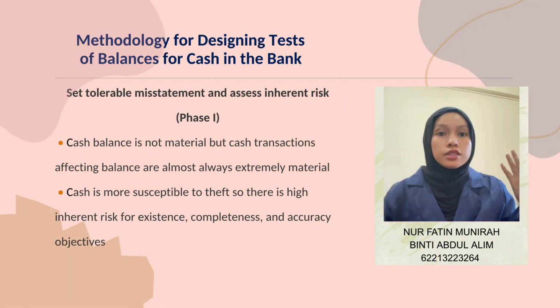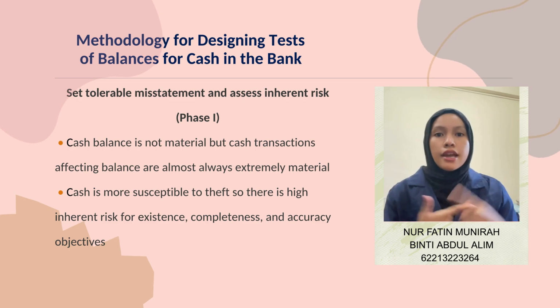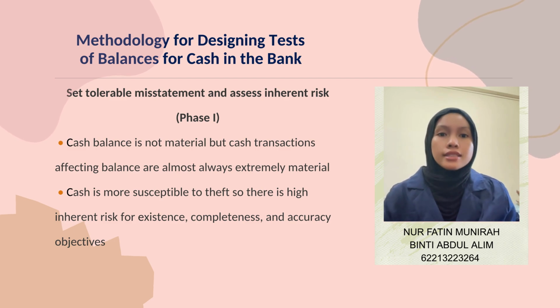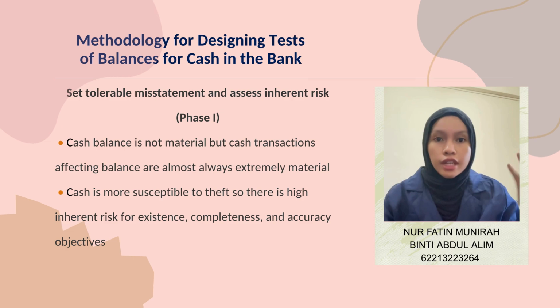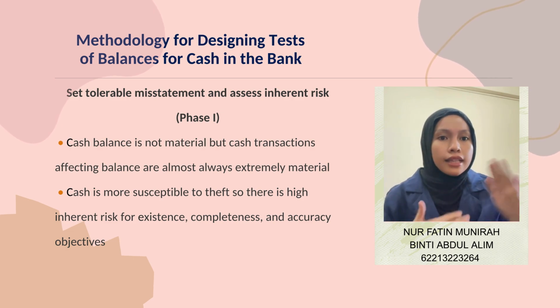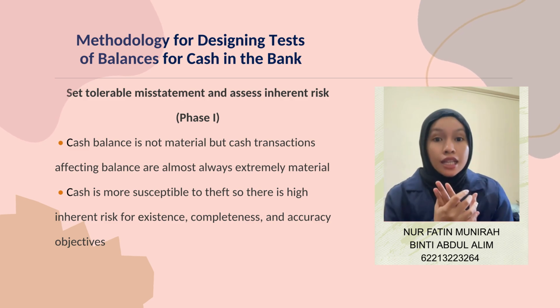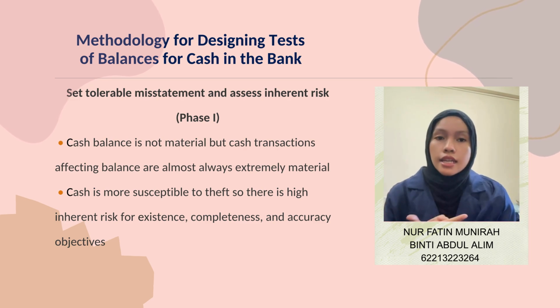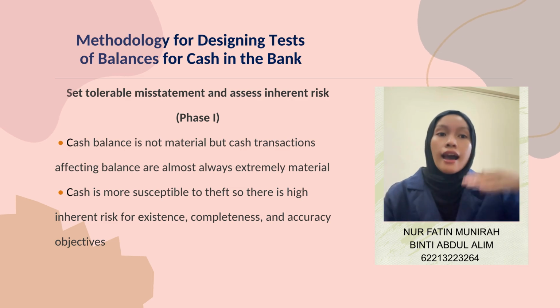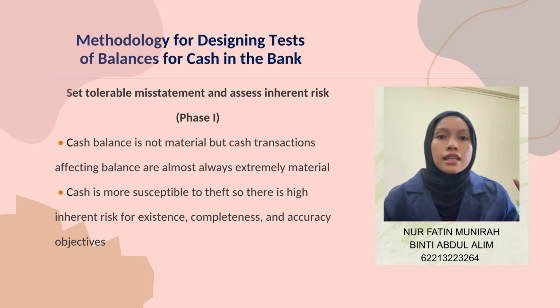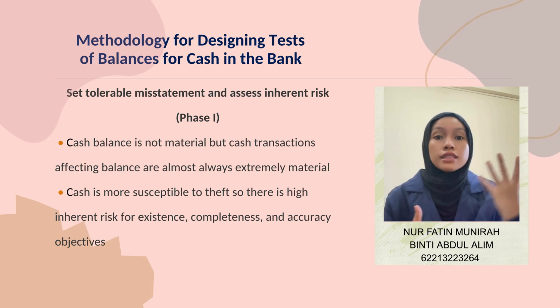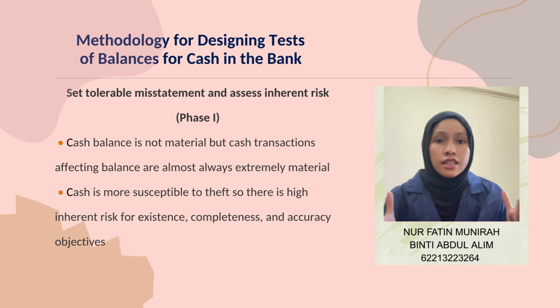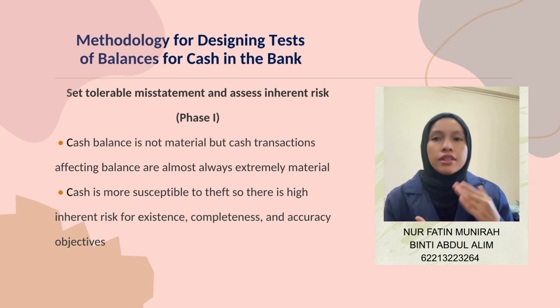So next, we need to set the tolerable misstatement and assess inherent risk for the cash account. Tolerable misstatement is the maximum error we are willing to accept in the account without requiring a financial statement adjustment. Although the ending balance of cash may not seem large in some companies, the volume of transactions affecting cash, such as receipts, payments and transfers, is usually high, which makes cash a high-risk account. Because of its susceptibility to theft, fraud or simple error, cash inherently carries a high level of risk,